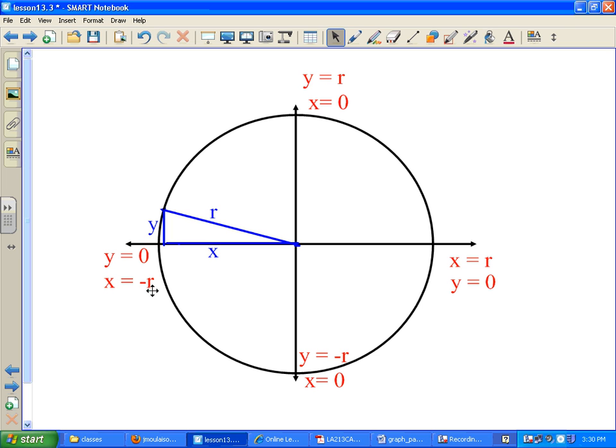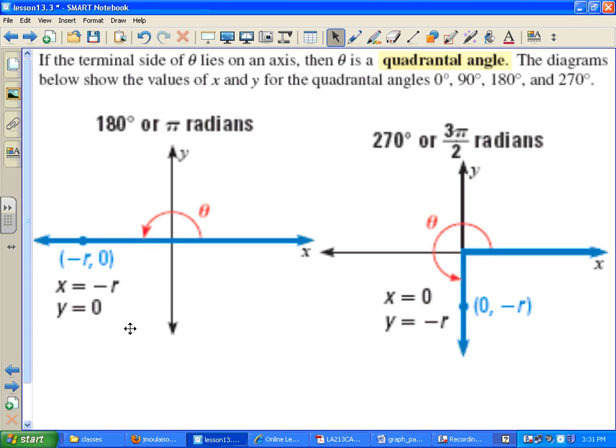And x and r have the same absolute value, but because I'm here along the negative x-axis, x is really the opposite of the r value because r is always positive. So x is the opposite of r, and y is 0, and those values help me determine the 6 trig function values. So for example, for 180 degrees,